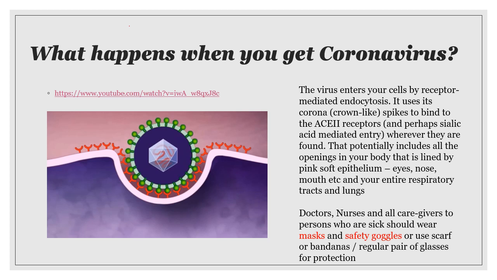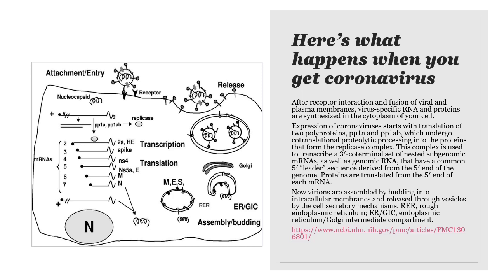Sometimes it goes directly through receptor-mediated entry, and we have seen that this particular virus can also cross the cytoplasmic membrane without necessarily going through the vesicle or the pH-mediated entry. So the attachment, then it goes into the host. It can go in with the vesicle form. In most other viruses, the drop in pH allows it to open up and release its nucleic acid into the host cell. For this particular virus, it can enter the host even through the cytoplasmic membrane. It fuses with the membrane because it has its own membrane, and then it drops into the cell and releases its nucleic acid, its RNA, the large RNA,